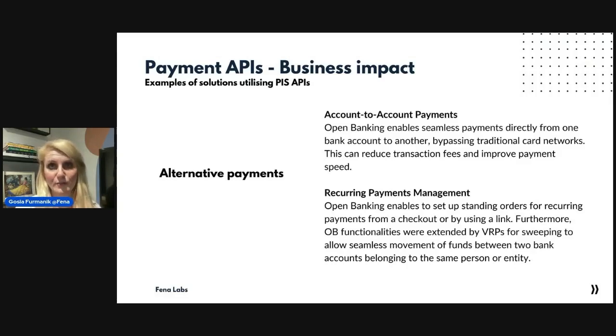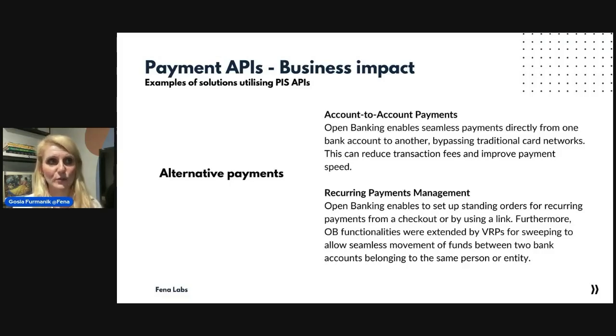And there are variable recurring payments, and that is quite a new concept generally in the UK. It was introduced, I think, and went live in May last year, and it's primarily used for sweeping, so moving funds or money between two bank accounts that belong to the same person or the same entity. So the most common use case